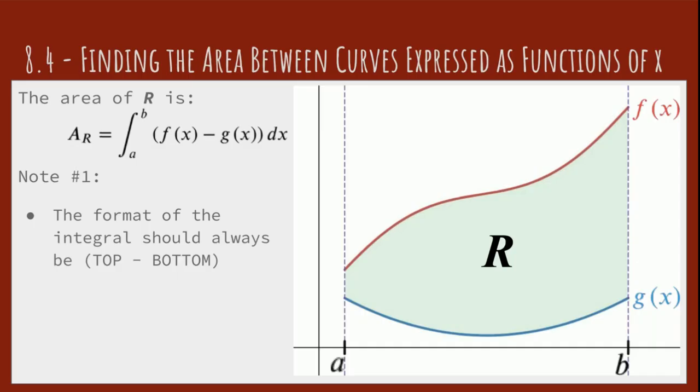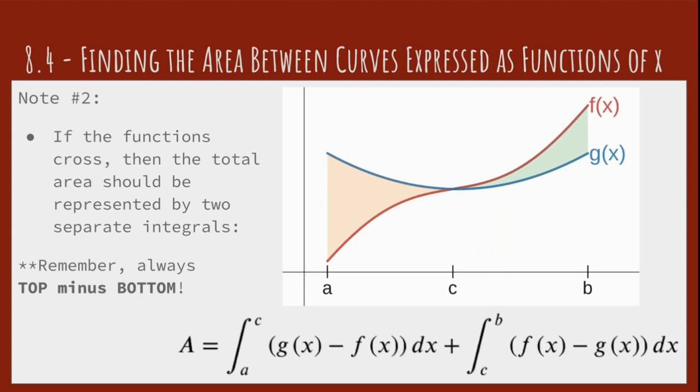So a few notes about that. And the first is the most important thing. When we are finding the area between two functions, we always want to do top minus bottom. The reason we want to do that, we're actually solving area problems here. So we're interpreting an integral as an area. And when we're finding areas, we always want the absolute value of the area. So we always want our height to be positive, and to get a positive height, we want to do the bigger value minus the smaller, or the greater minus the lesser. So we always want to do top minus bottom to find our heights,